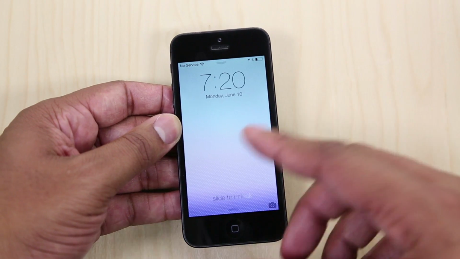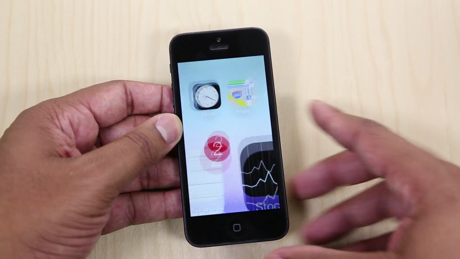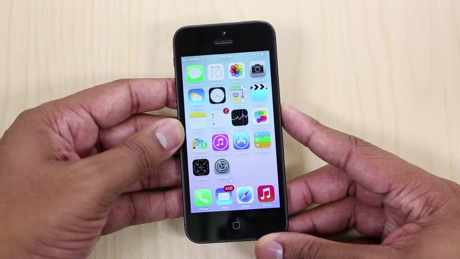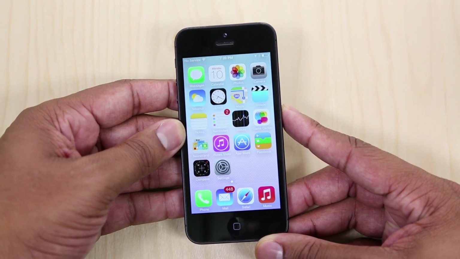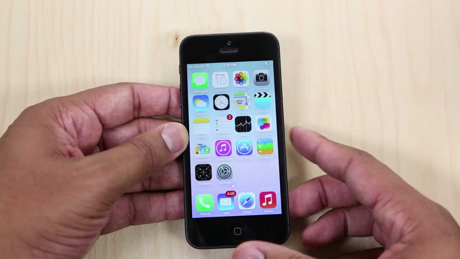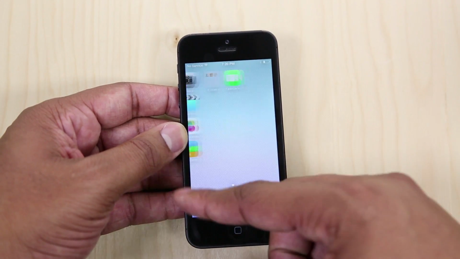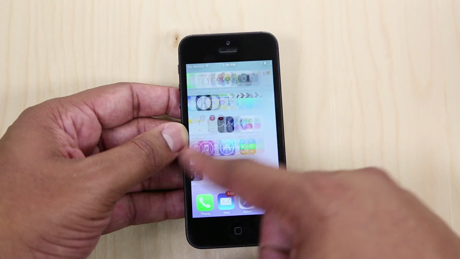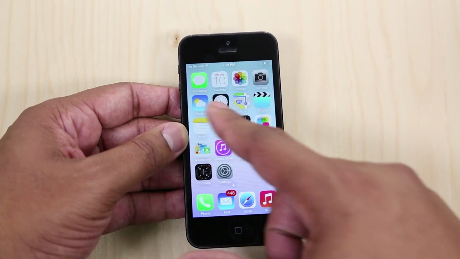All right, so I have iOS 7 installed here on my iPhone 5. I'm going to slide to unlock it. And now we're taking a look at all the nice, new, beautiful icons that Apple has redesigned for iOS 7. The colors are definitely brighter, but they still maintain a very simple and clean look to it. Navigation through the different home screens is basically the same, but one thing you will notice is